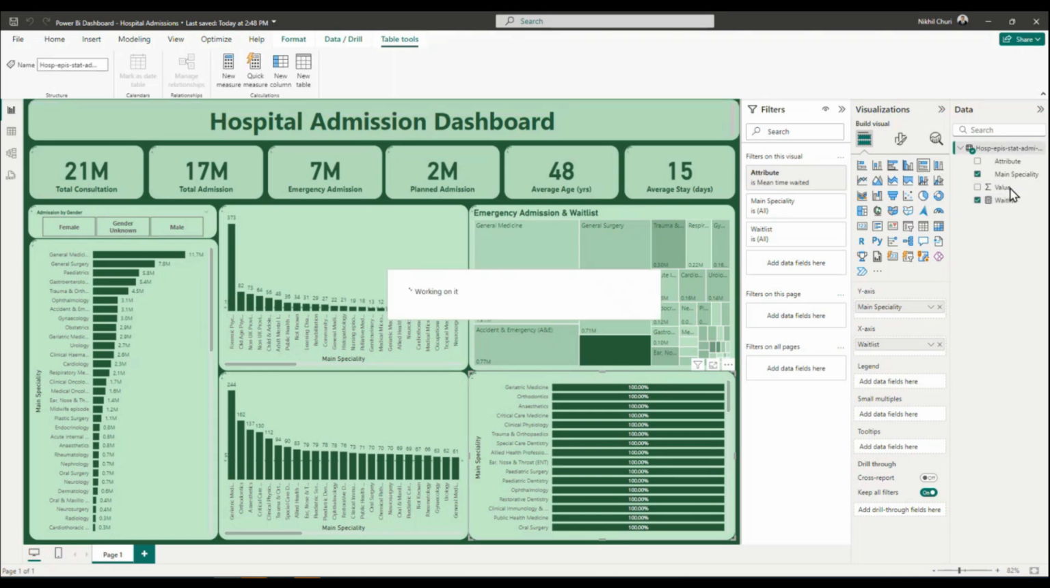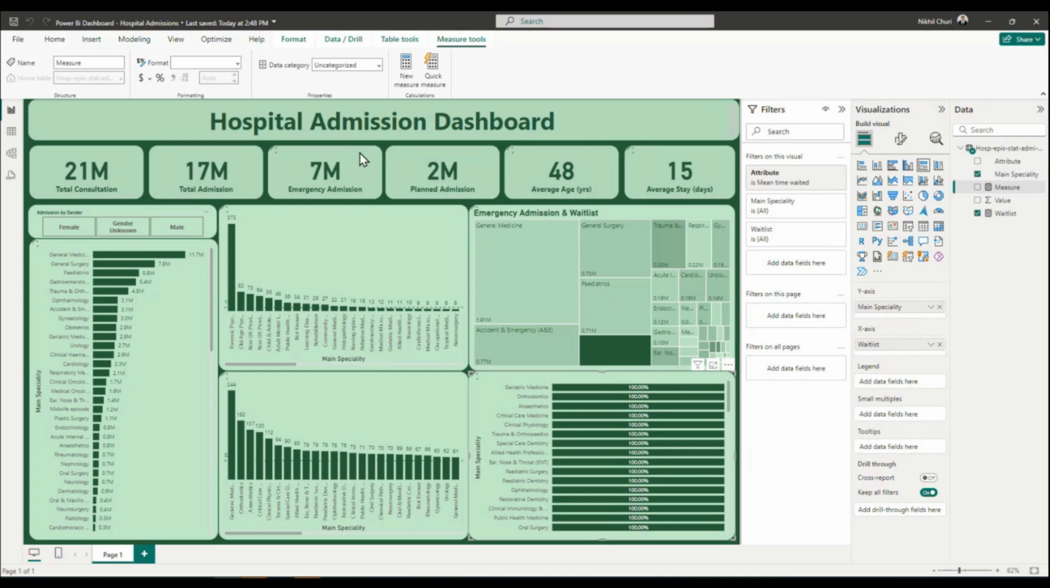I'll select this. Oops, sorry. I think I deleted it. Sorry. Let's do it one more time. New measure. I'm going to say Control V, and the name, I'm going to change it to emergency,